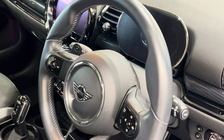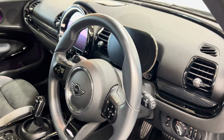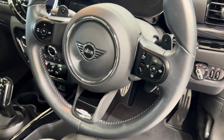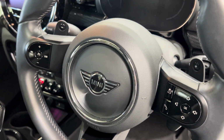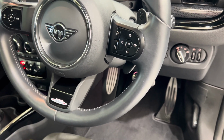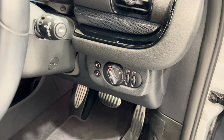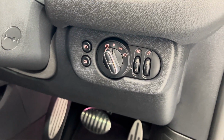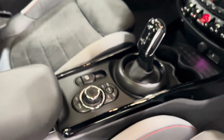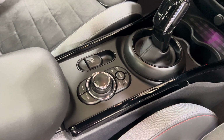Steering wheel in lovely condition. I'm just trying to keep the focus on the camera. All of the leather in lovely condition. We've got paddle shift, cruise control, speed limiter, and some voice recognition button. Your lighting, front fog lights, rear fog lights. And if we come down, let's see if I can get this in focus. All your iDrive